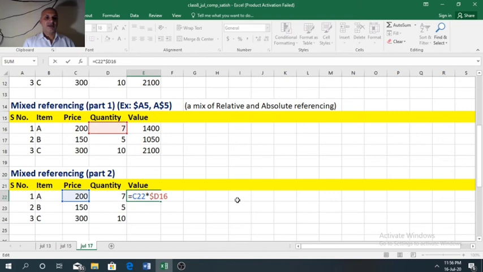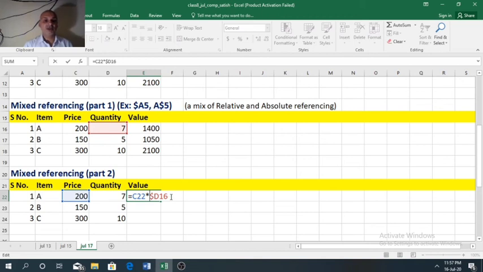Now see here, C22 is having relative referencing because the dollar sign is not put before C or before 22. But the second part after the multiplication sign, $D16. Dollar is applied before D, so D will remain fixed, but 16 will become relative because the dollar sign is not applied before 16.